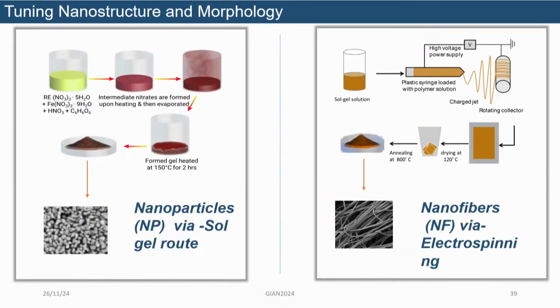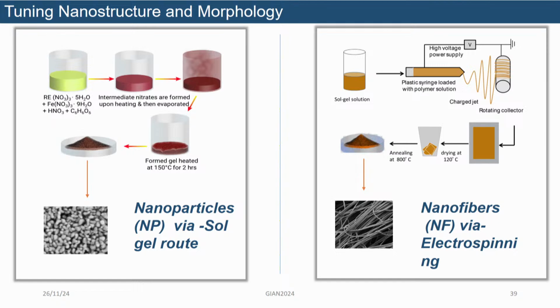We tried to synthesize nanomaterials, and we thought we would make different morphologies of the material. So, we prepared nanoparticles, and we also prepared nanofibers. Now, nanofibers are drawn, so there is strain associated with the forming of the nanofibers, right? And nanoparticles, as you know, are quantum confined materials, so there is already a property change in comparison to bulk. So, we wanted to see how the properties change compared to bulk, whether nanoparticle or nanofiber, and whether there is any difference between nanoparticle and nanofiber.